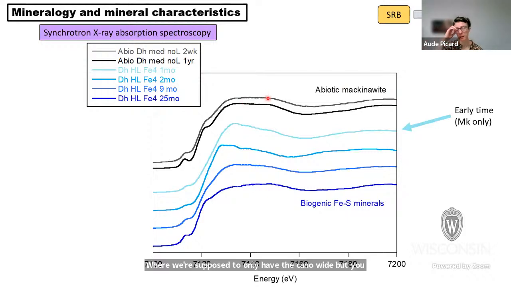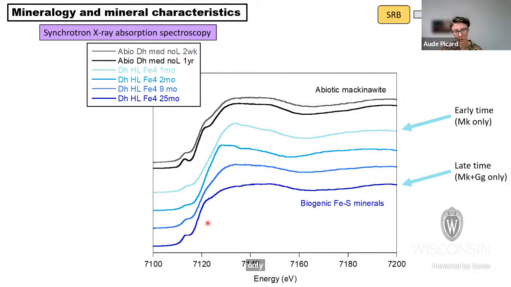When we looked at the X-ray diffraction data, we could see that basically the diffraction only tells us about the particle size. So it is mechanoide in both cases. There's no indication of a change in the cell parameters in the crystal structure, and here we see differences. I still cannot really explain what the differences are, but obviously the early time, where we're supposed to have only mechanoide, is very different from the abiotic mechanoide. And at late time, when we have gregaide, it's obviously even more different.